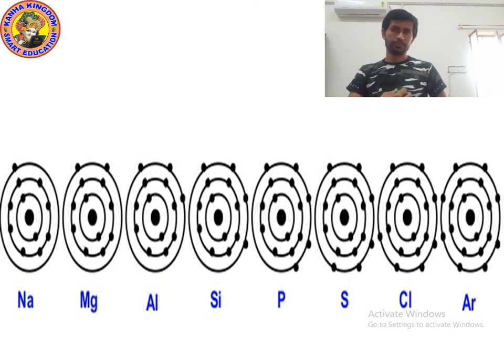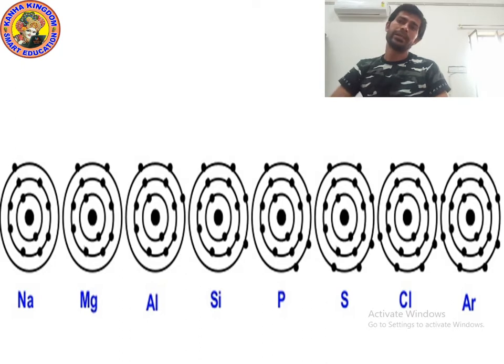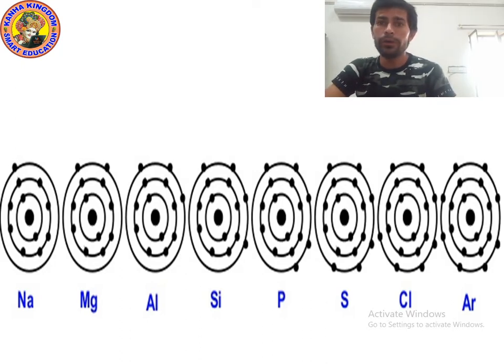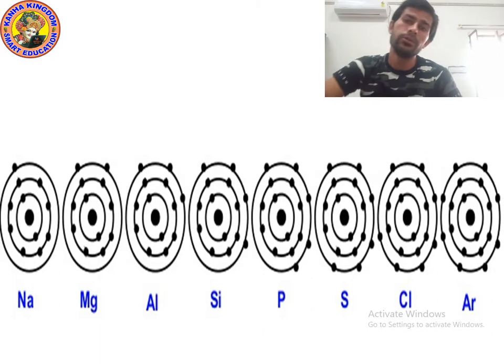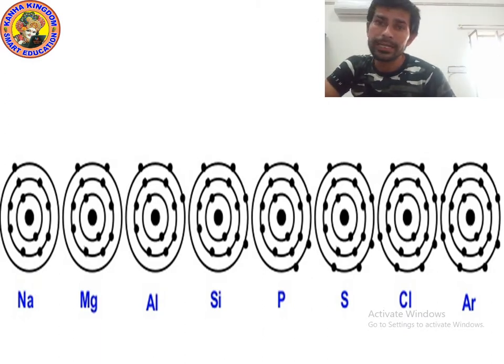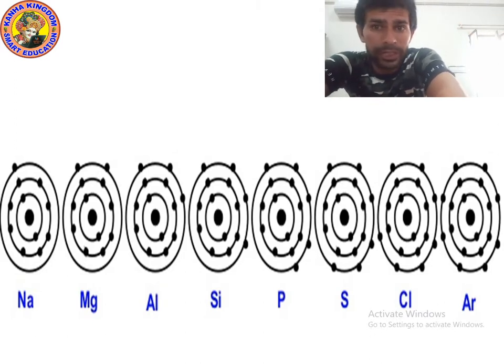And kids, in second circle, how many electrons can we fill? In every upcoming circle, we can fill maximum 8 electron. But aluminium has now 11 electron. So we will fill 8 electron in second circle, means we will make 8 black dot. Okay. Now 11 minus 8, 3. Now the remaining 3. To fill the remaining 3 electron, we will draw the third circle and we will make 3 black dot.